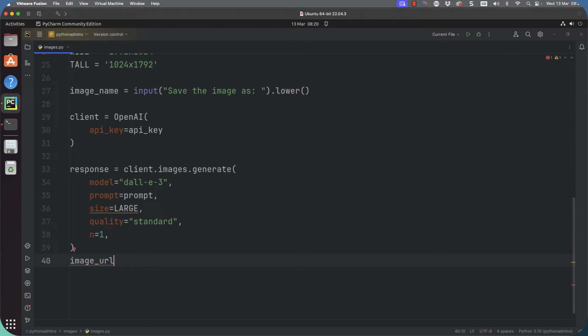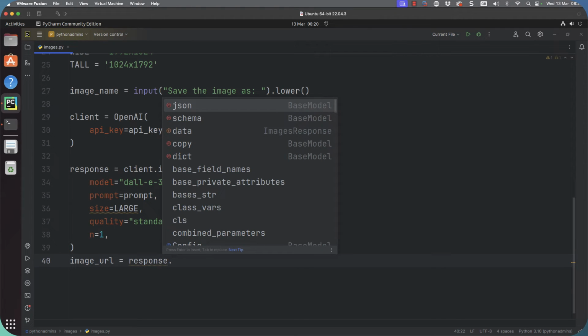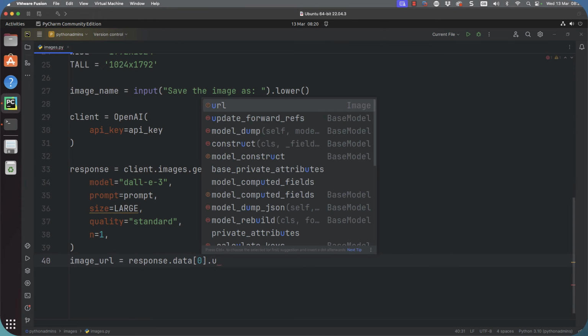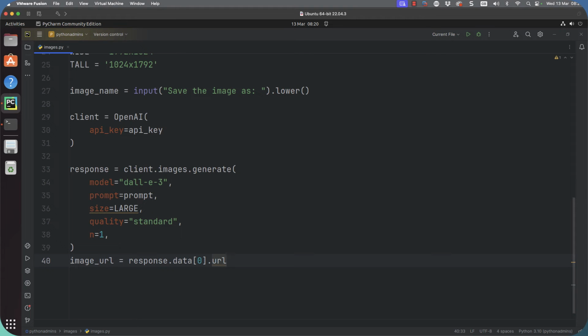Our image URL is going to equal what we get back coming from our response. And you can see the tab completion that we want, but we want response and data. And that URL will be a web-based URL that we can use for a day. It's a list that comes back, so we want the first element of the list and the URL. And let's say it doesn't last for a day. My mistake, sorry, it lasts for 1 hour.